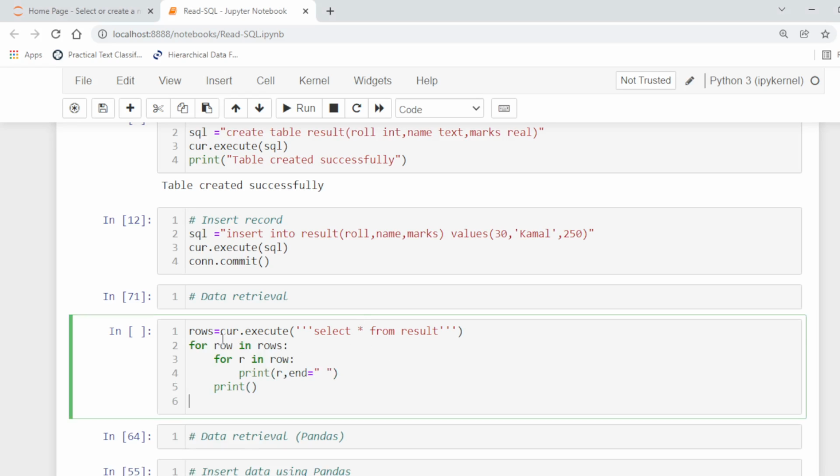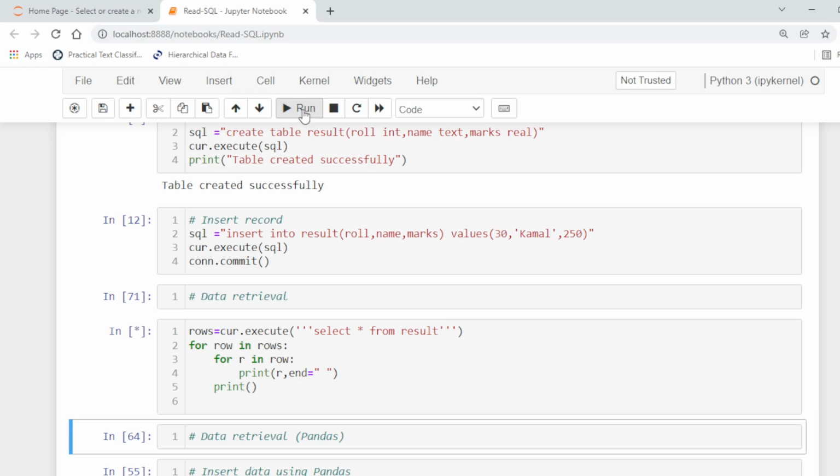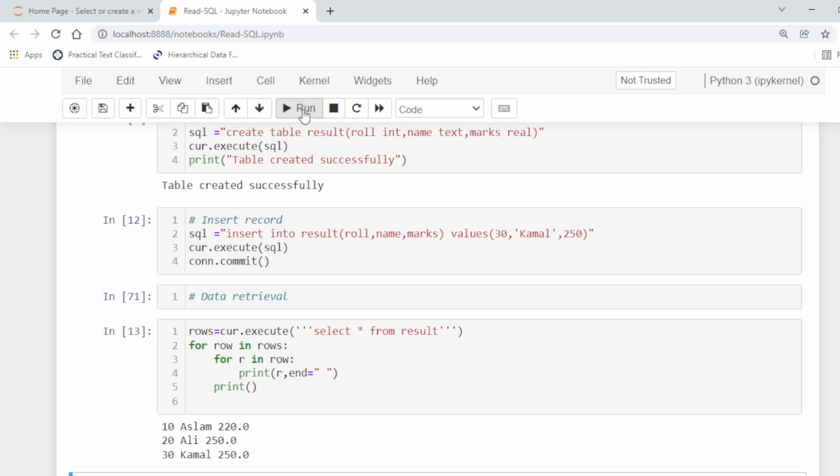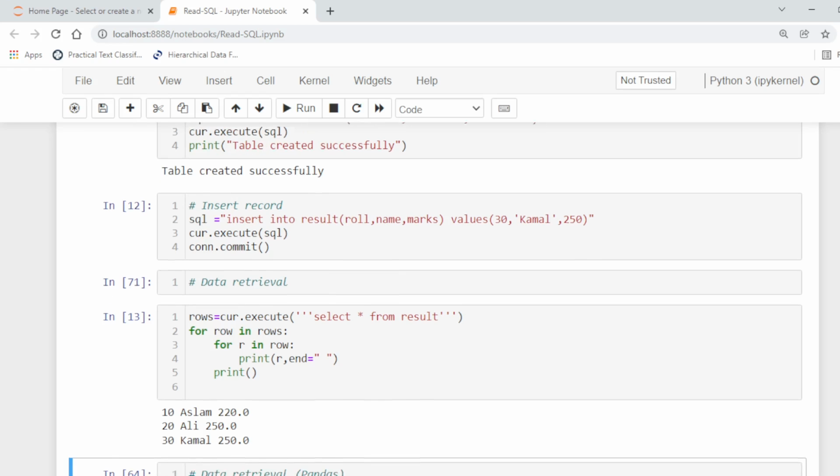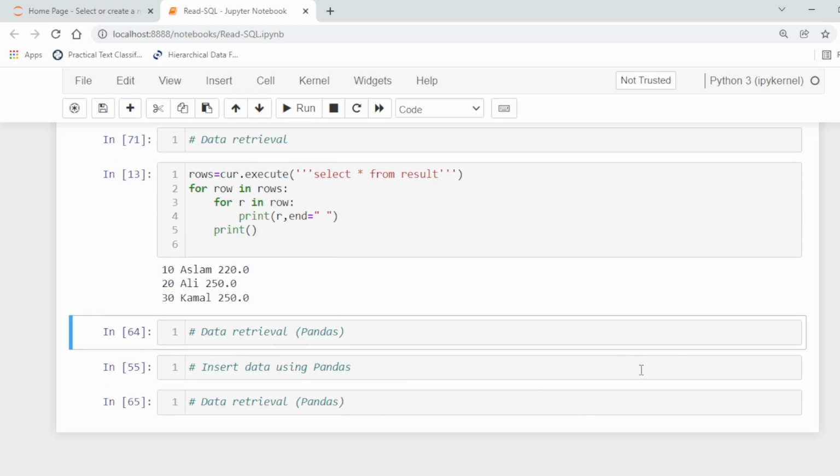Here it will return the data into the rows object, and now we are going to navigate the rows object, from row in rows, and because there are 3 fields in each row, we are going to extract every field, and it will display the result like this. So this is the data stored in the above result table.